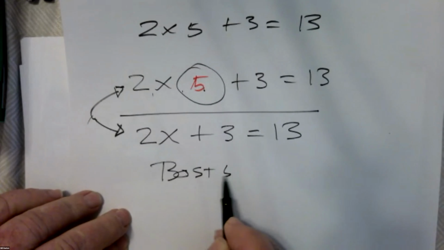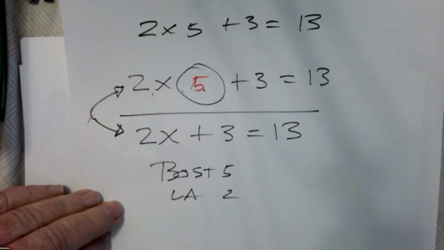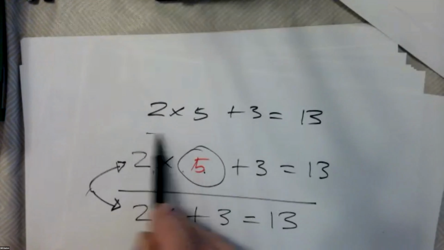If you watch a ball game and it says, Boston 5, LA 2, and if I say, where is the game being played? Well, the agreement is the home team is always listed second, so we know the game is being played in LA. So when we have a problem like this,